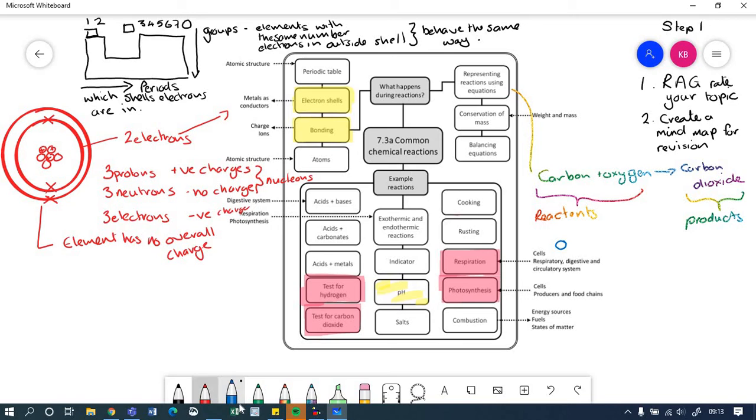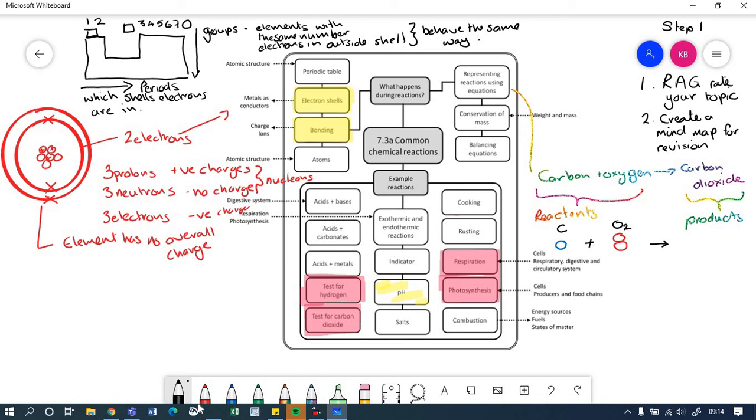Now, to that, I'm going to add an oxygen atom. Now, oxygen is called O2. So that's carbon, and that's O2. And when it reacts,